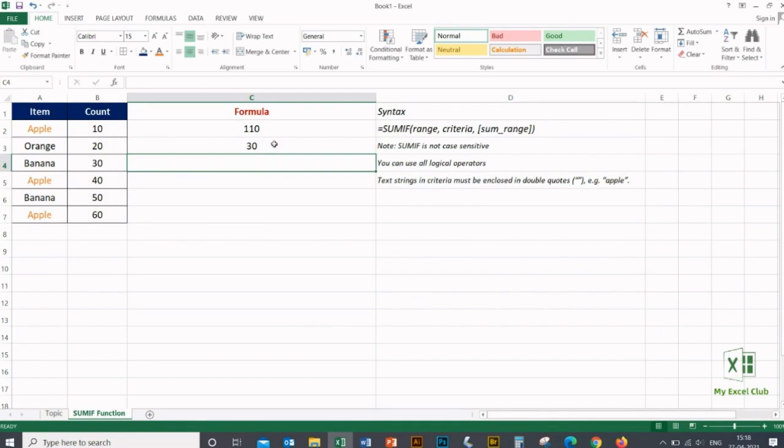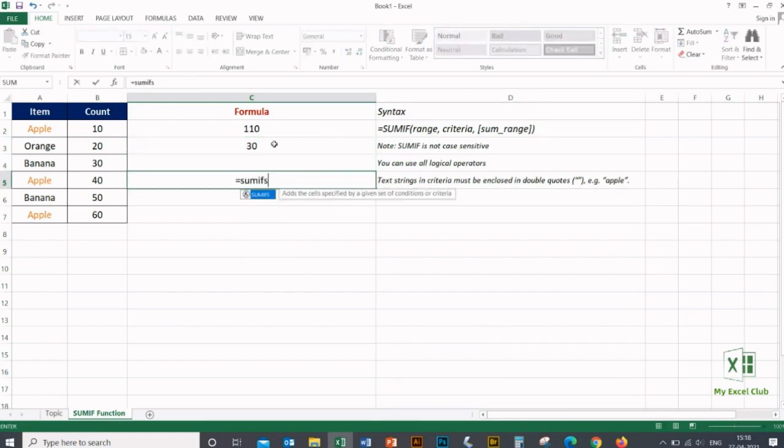One limitation I have found with SUMIF is you can apply only one condition. If you want multiple conditions in your formula, you have one more function in Excel, which is known as SUMIFS. This function allows you to apply multiple conditions in the same formula.